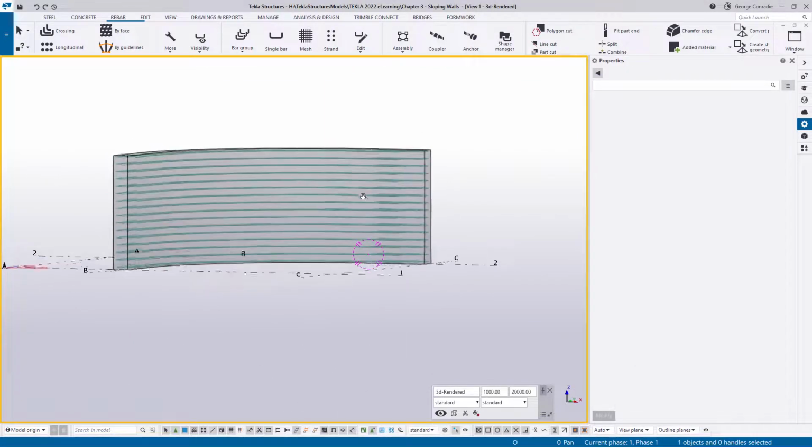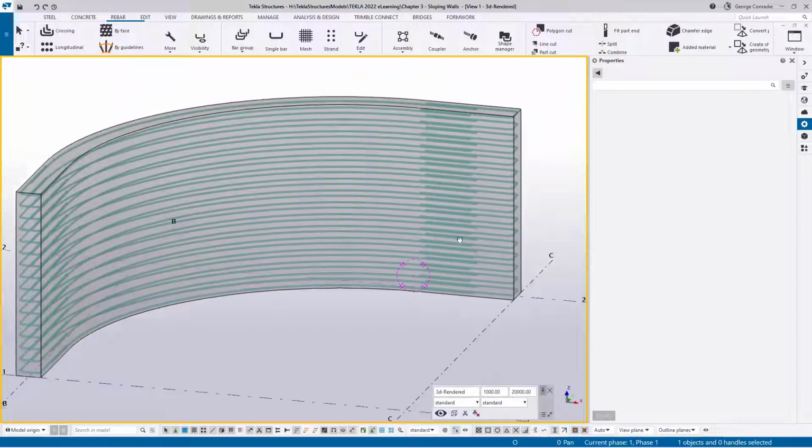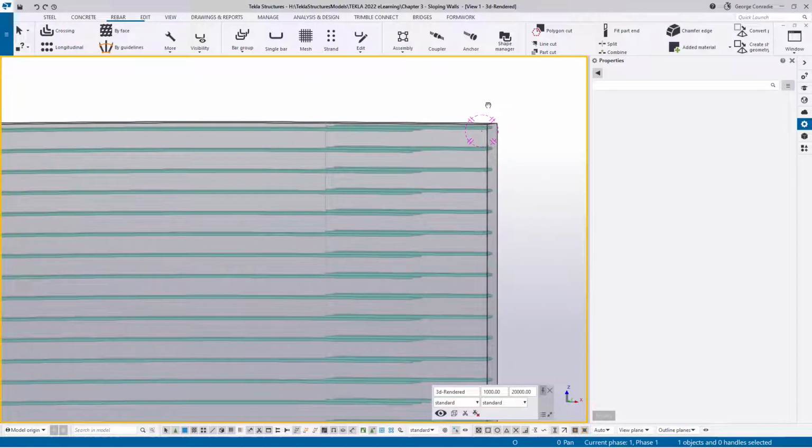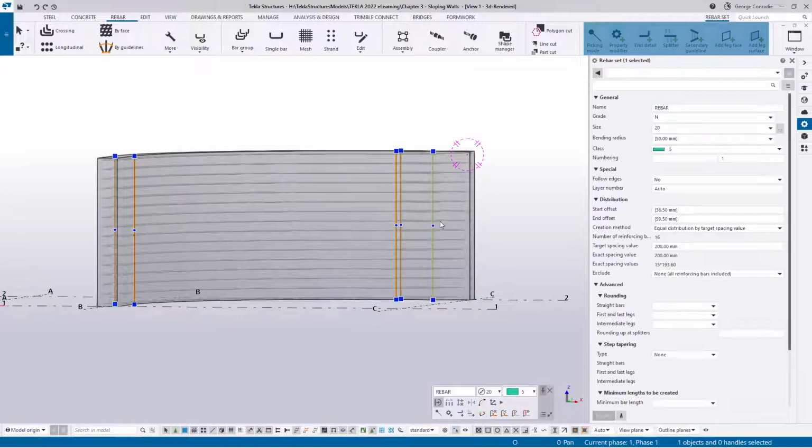So with that in mind, what we can do now is also, if we just look at this, it's getting pretty close to the top there. So what I would probably do in this case is I would click on the bars and just see what the spacing is. So there's 16 bars and there's 15 spaces at 193. So that's a bit